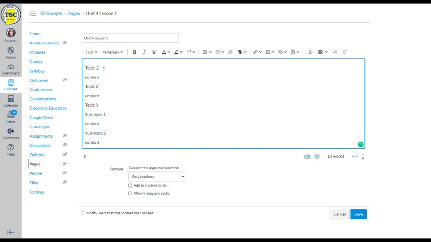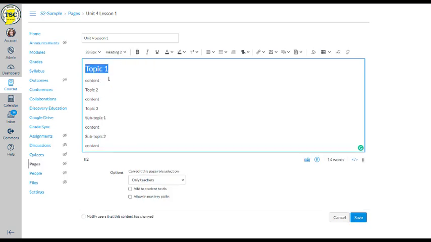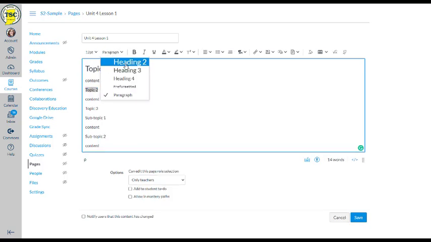So I can always come in here and highlight the text, change the size, make it bold, change the color, put some emphasis on it. But what we recommend doing is actually using your headings. So right where it says paragraph here, I'm going to make topic 1 into a heading, topic 2 into a